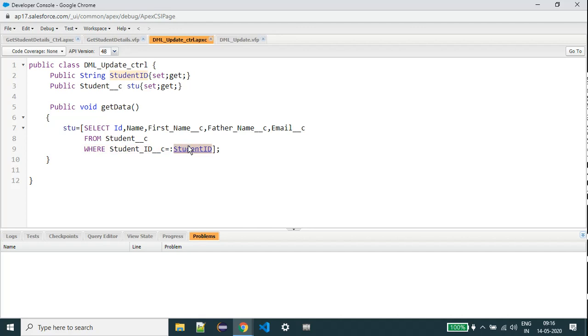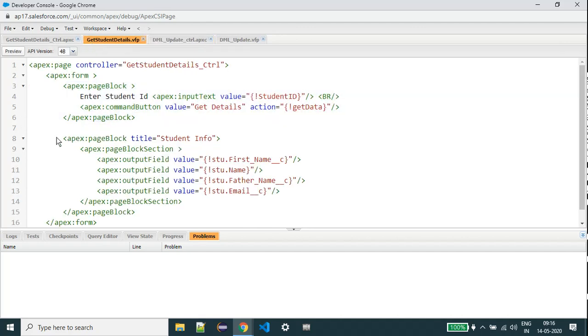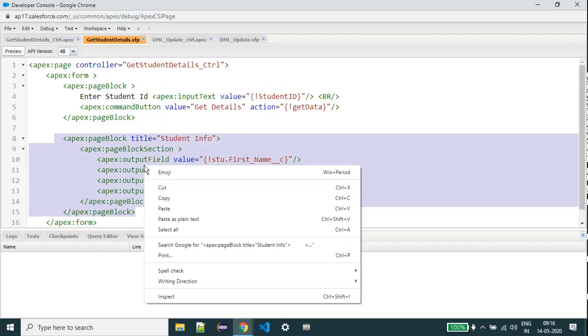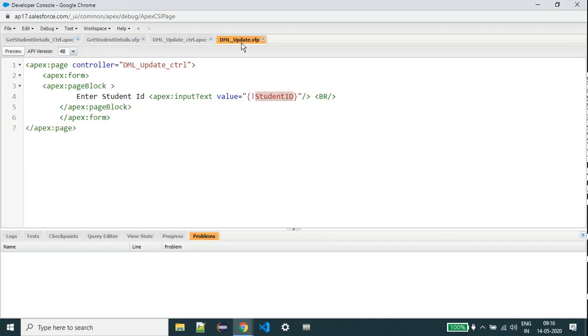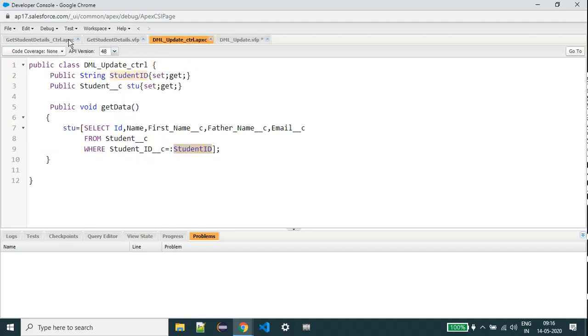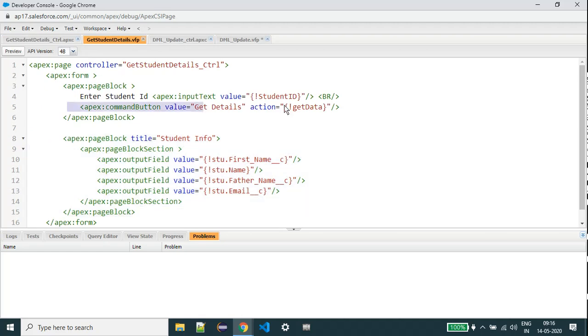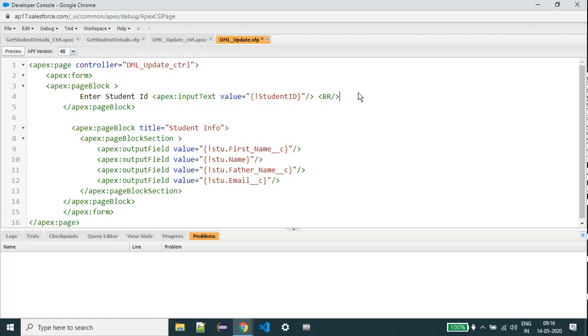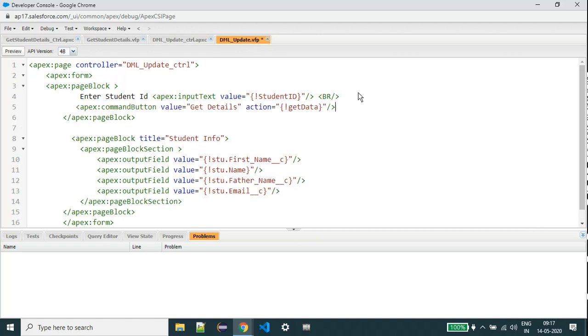Now I'm going to display the student information in the Visualforce page. In the earlier example, the client asked just to display the output only. But in this requirement, I want to edit the record also. So we have the get data button. Now save here.